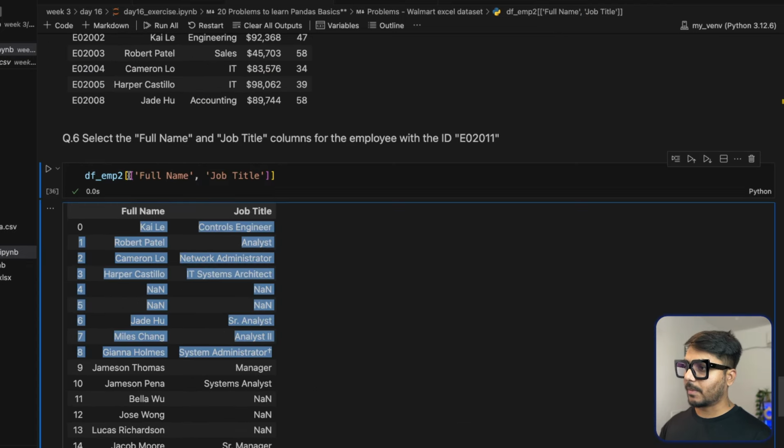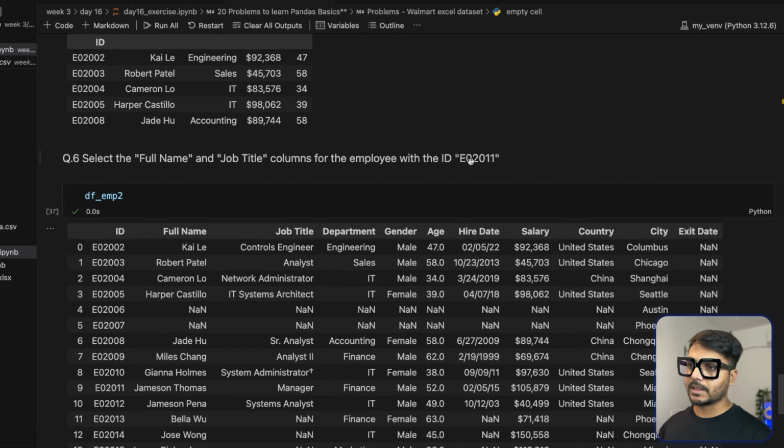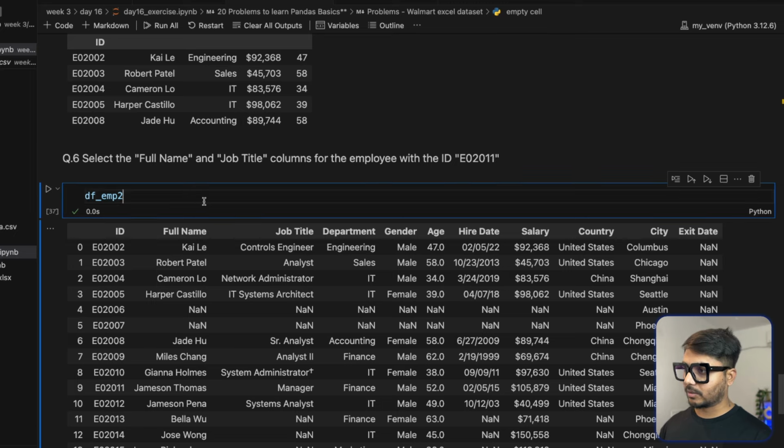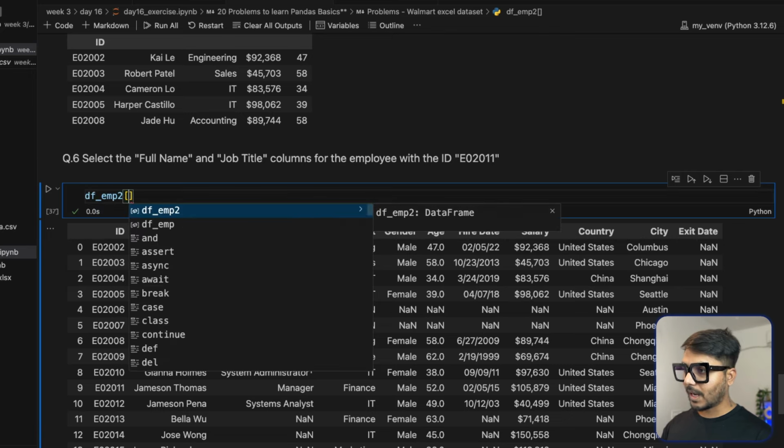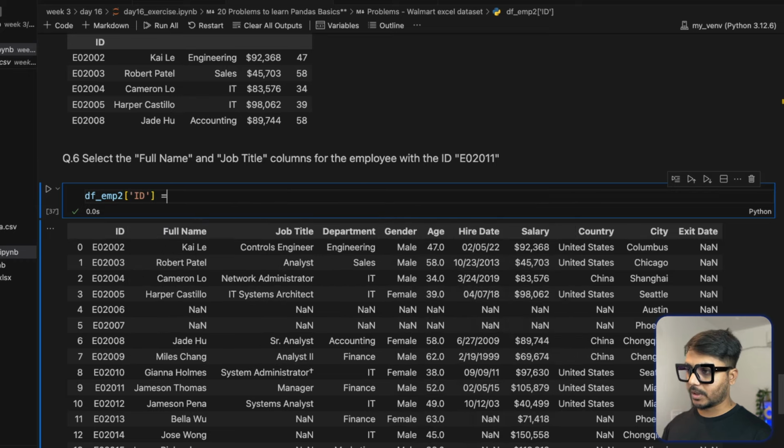If I run it, you see I'm getting these two columns. But there is a problem. You need these two columns only if the ID is EO2011. So there would be a filter which this must follow. From this df2 I'm filtering the data, based on ID equals this. So I'm selecting ID and saying equals, and what I'm looking for is